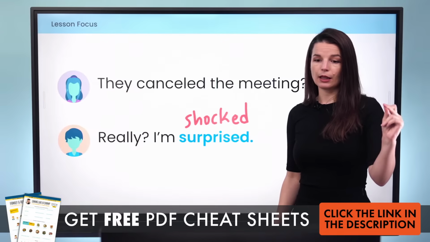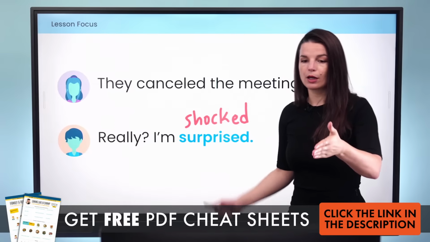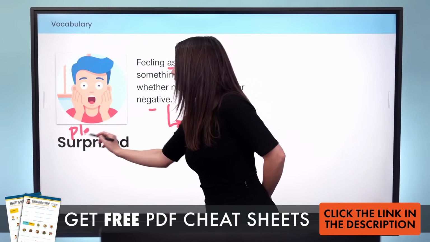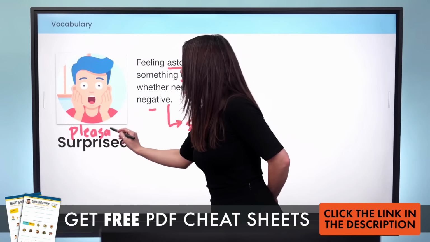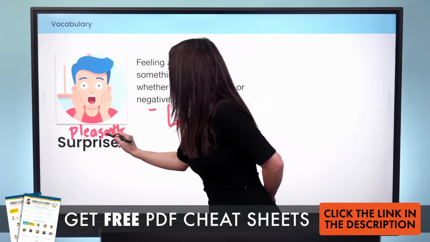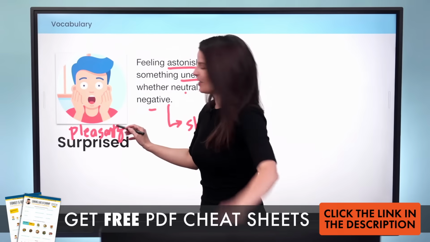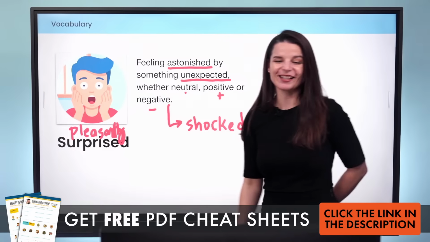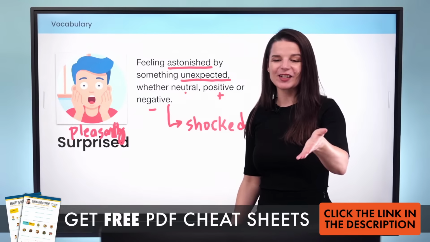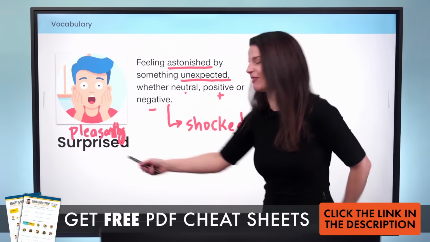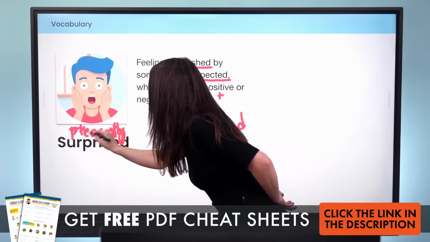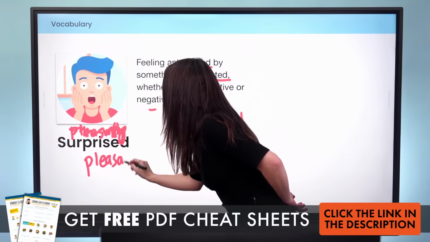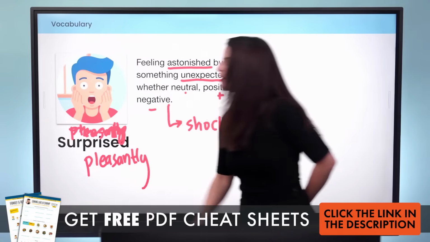Okay, let's go. Zach has a good example here. Pleasantly surprised. You can add pleasantly. Oh, sorry, that's really messy. You can check the chat. Pleasantly surprised. Sorry, I can't erase on this board. Pleasantly surprised by the quick service. That's a good example there. That's really ugly. Let me try to rewrite it. Sorry, this is really ugly. Pleasantly surprised. There we go. Okay, pleasantly surprised.